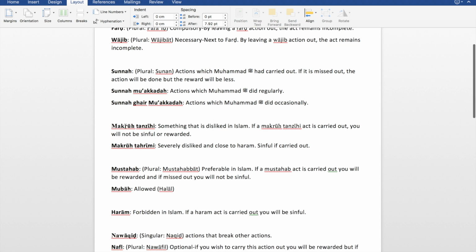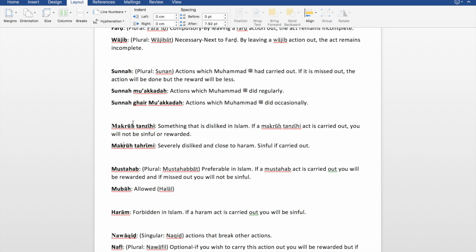So this is Makruh. If I say something is makruh, it means I'm saying this is disliked. Allah dislikes it or the Prophet ﷺ dislikes it. So that's why it's not good for us to do. We shouldn't do them. But makruh is also of two types. Just like how Sunnah was of two types, makruh is also of two types. Okay, first let's learn what they are.